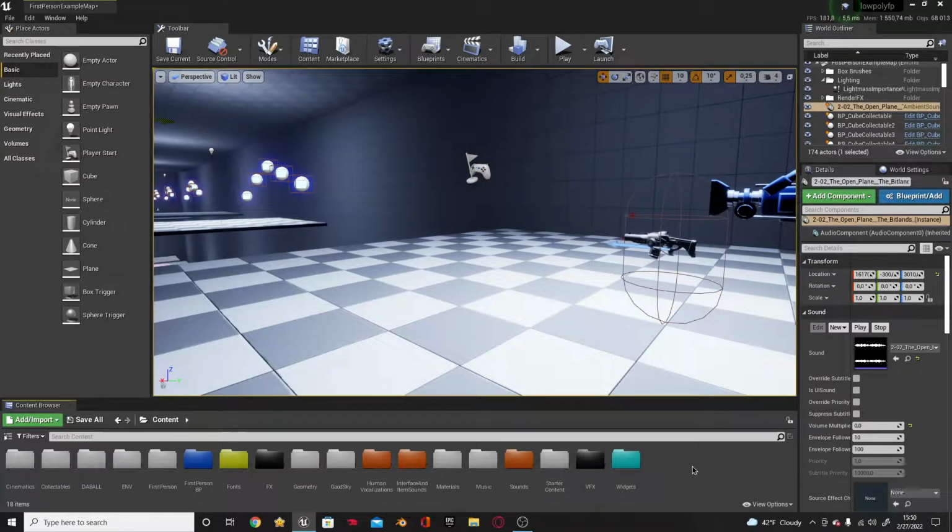Hey guys, welcome back to another Unreal Engine tutorial. Today I'm going to show you guys how to very easily switch between levels and make a little loading screen